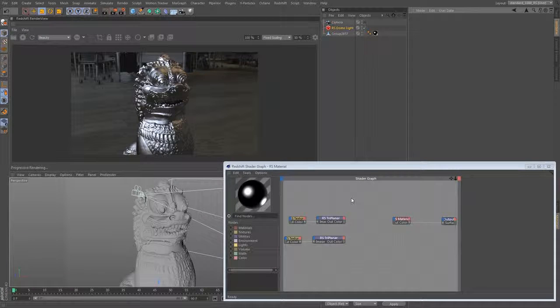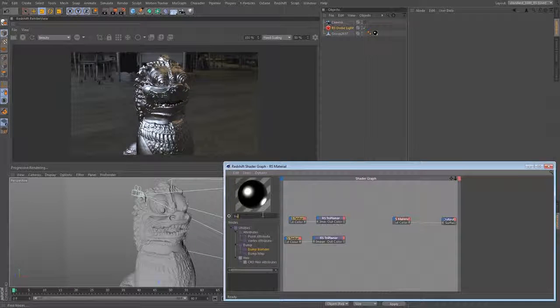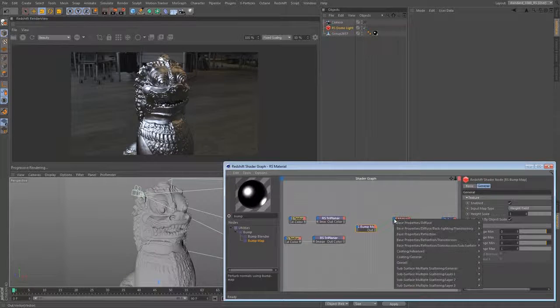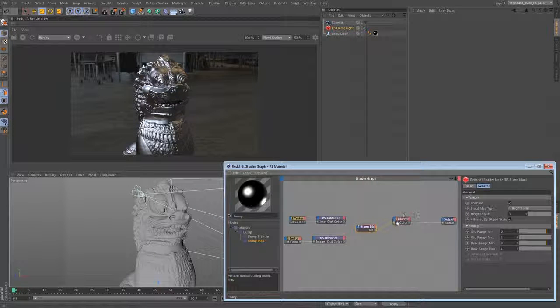Alright, so let's quickly talk about the bump map node. So this node, we'll just grab bump map, drop it in. Using this guy, we'll be able to apply bump maps and normal maps to our shaders. So the way we use it is take the out and pipe it into overall bump input on the Redshift